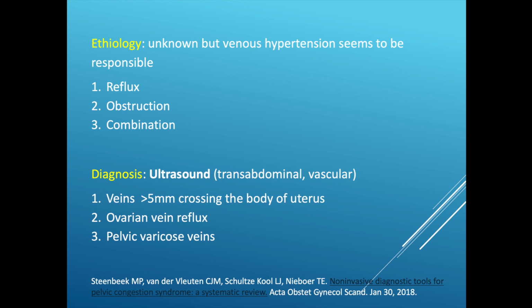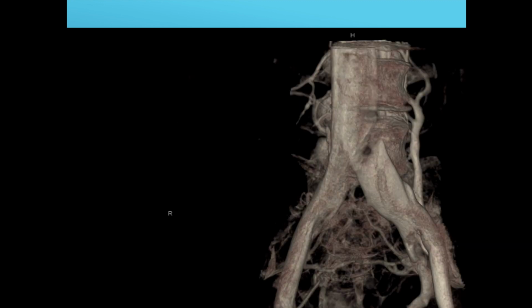Diagnosis is made based on clinical assessment and history plus medical imaging. We start with ultrasound scan. Usually we start with transabdominal venous scan, focusing on iliac system, IVC, both ovarian veins and both renal veins. If we need more precise assessment, we start with either CT angiography or formal angiography with special features,